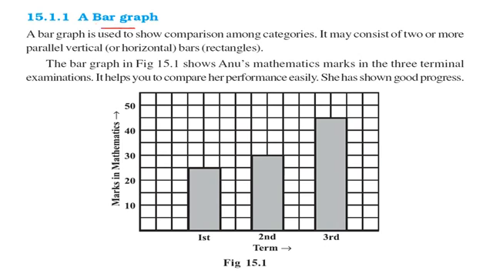So what is a bar graph? Bar graphs show comparison between categories, and they may contain two or more parallel bars, you can say horizontal or vertical bars, right? So we have two axes. This is the horizontal axis, this is the vertical axis. In this particular graph, Anu's